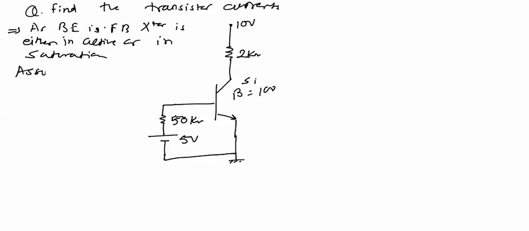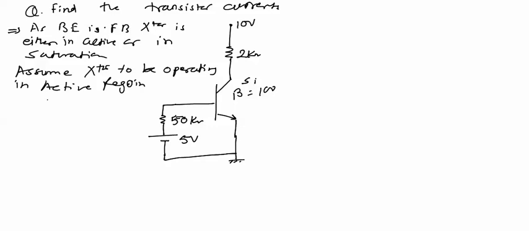Again we will assume the transistor to be operating in the active region. If the transistor is operating in active region, we can assume that VB equal to 0.7 volts. If VB equal to 0.7 volt, now we will apply KVL in this loop and we get the equation